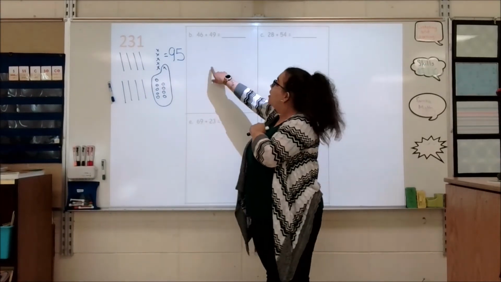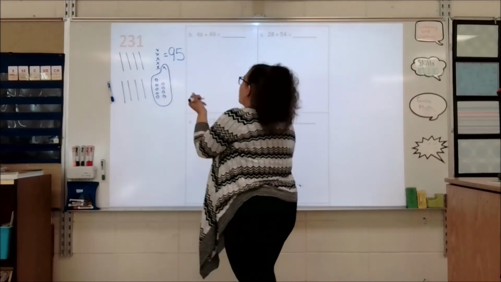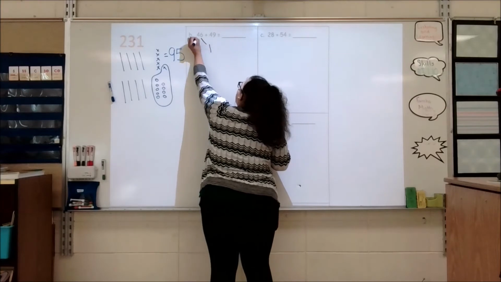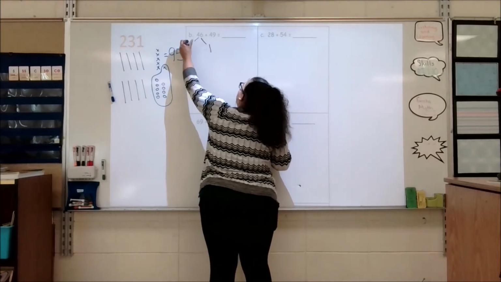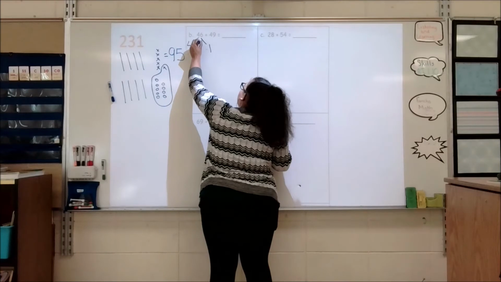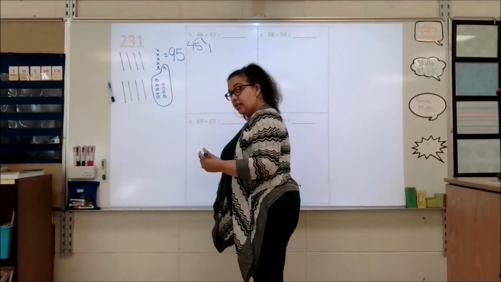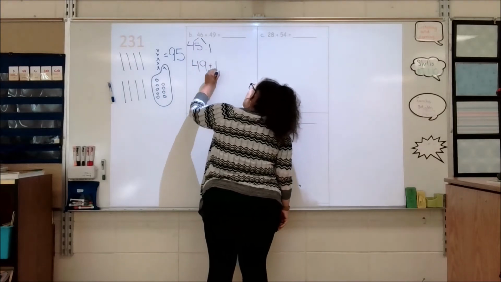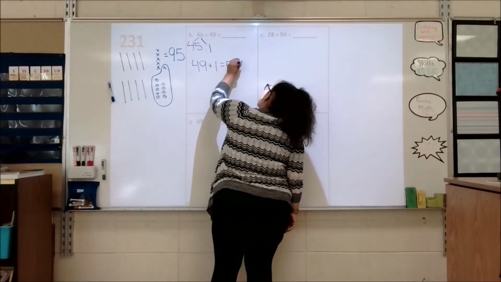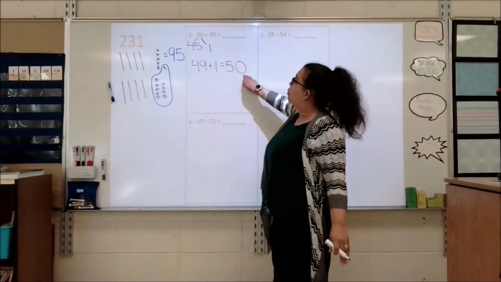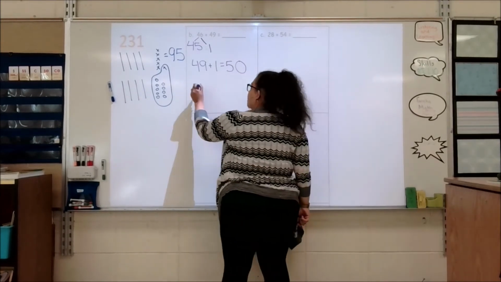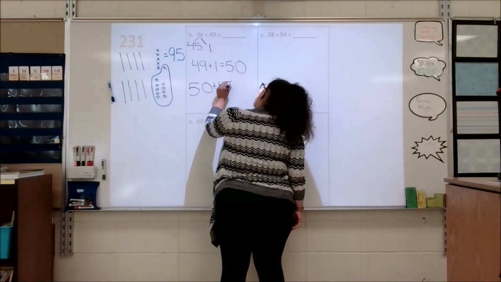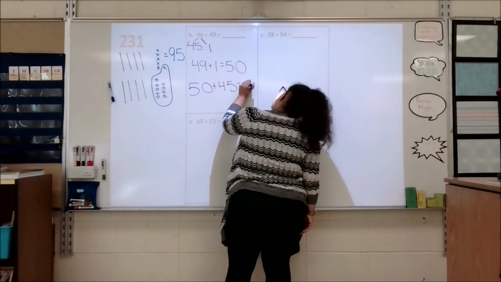I moved a 1. So let's model this with numbers right here. What I did was I took 1 from the 46 to add to the 49, and then I was left with 45 as my smaller piece. So then we see that 49 plus 1 is equal to 50. And now I don't have any loose ones to deal with on one of my parts. 50 plus 45 is equal to